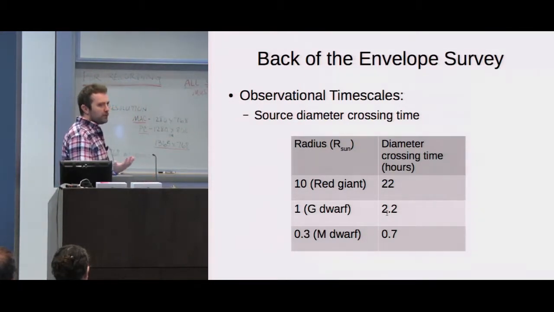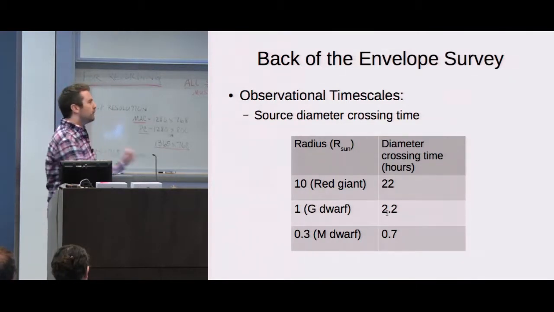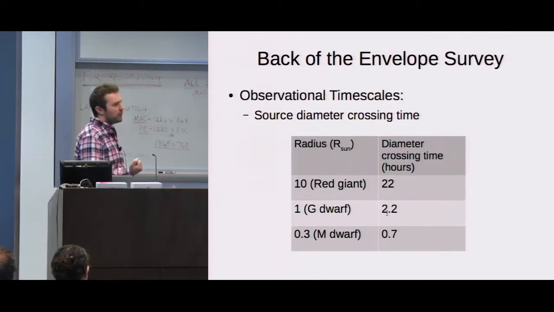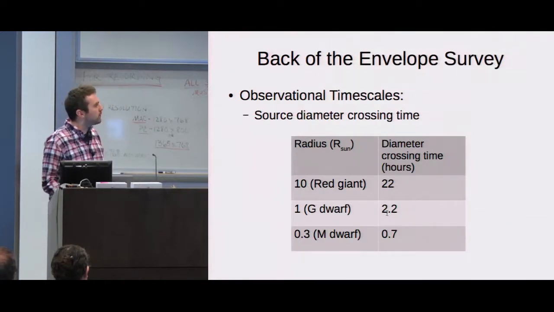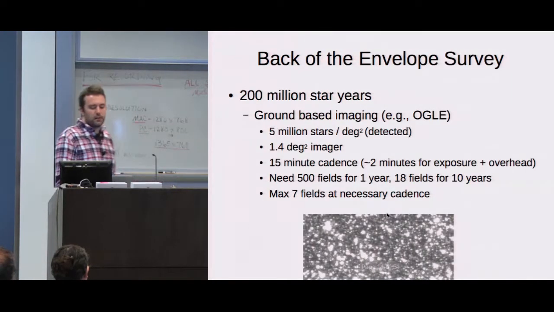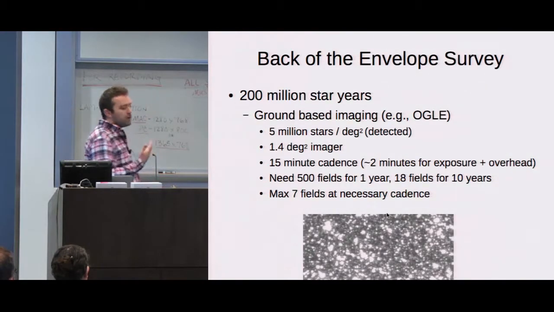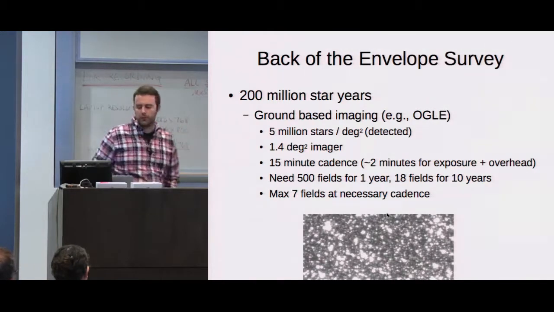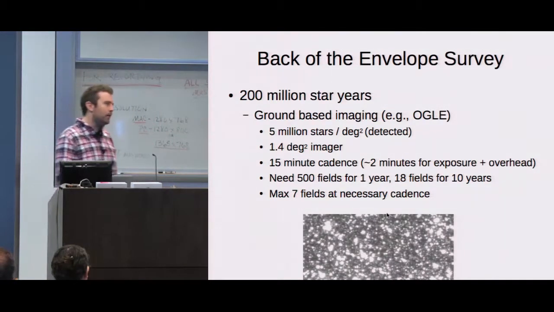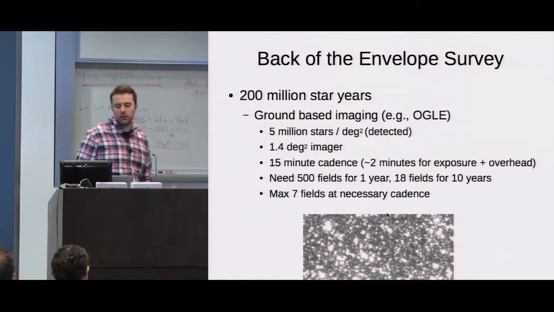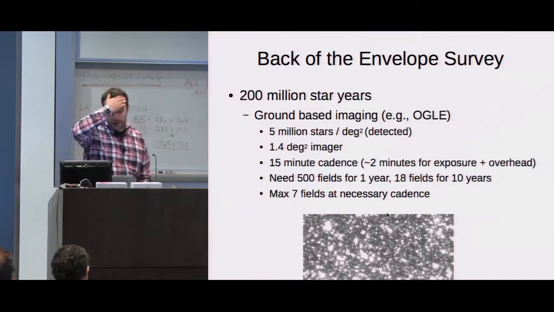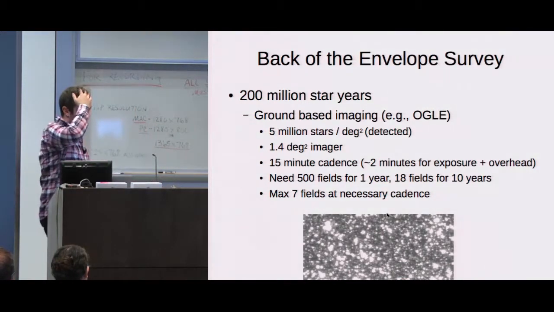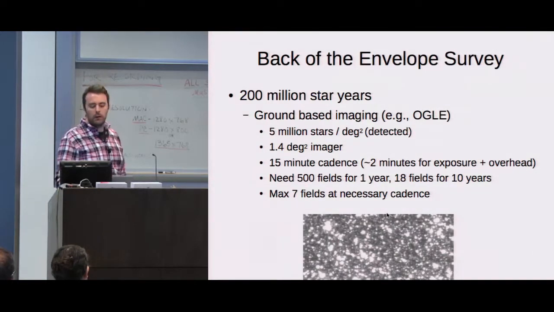So hours for Earth-mass planets, and you don't just want one data point in those. You need multiple data points to resolve the features. So that sets a cadence of about 15 minutes as a requirement for any survey to detect Earth-mass planets. I'm not going to go through the exposure time calculation, but you need exposure times of a minute or two, and then you've got overheads,